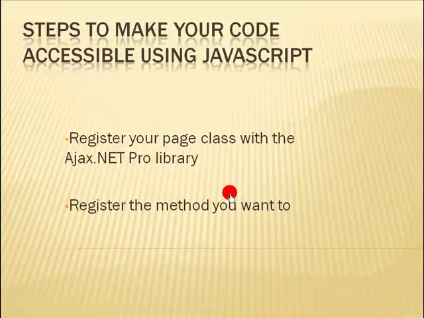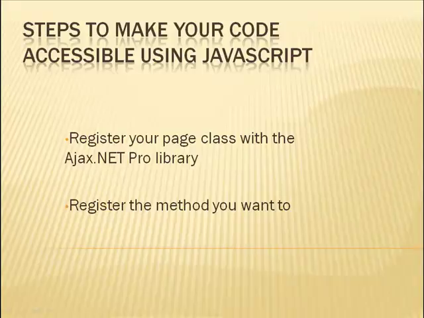You have completed steps in using the Ajax.NET Pro library in your application. However, the real magic in this example in step 2 is making that code accessible using JavaScript so that you can access this functionality in the client browser. This is very simple to do using the Ajax.NET Pro library, and this is just where you are going with this